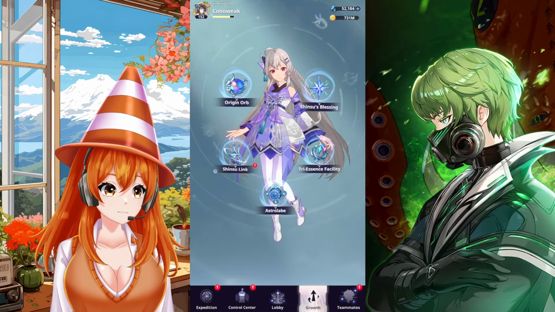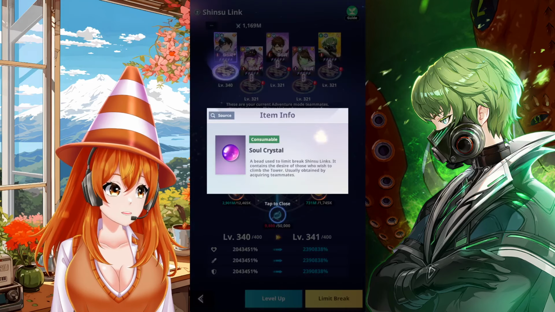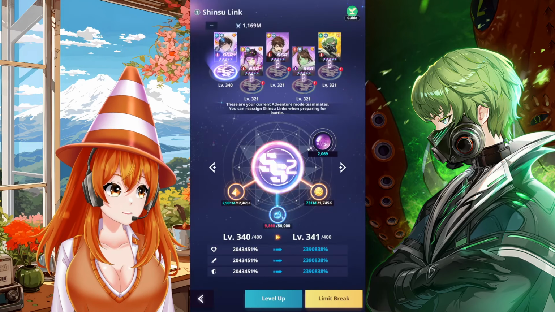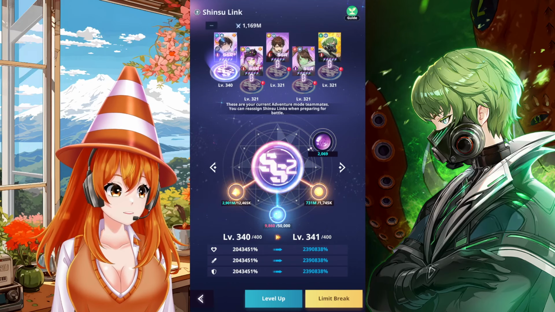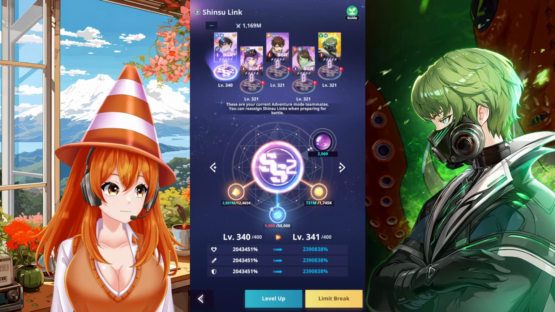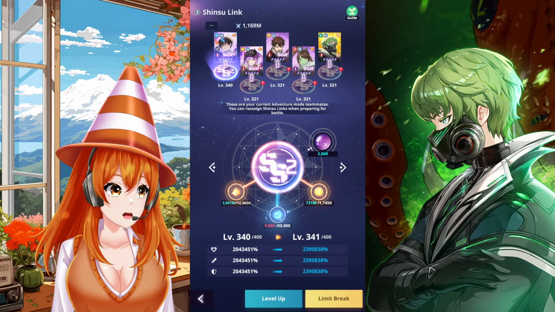And what else did I do? For the links, I brought them all to SS2, which is the highest one, because I had a lot of these ones to spare. I didn't have enough books anyway. So I was like, okay, yeah, let's just upgrade them. It doesn't matter. They were close enough already. I almost limit broke all of them with the Shinsu, but I'm just missing Shinsu for this last one,